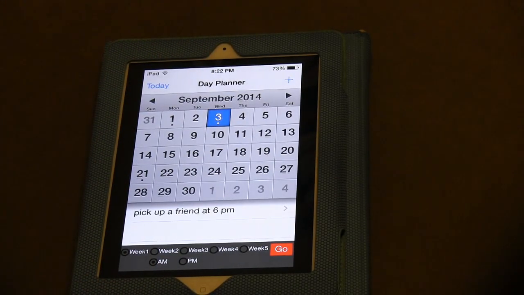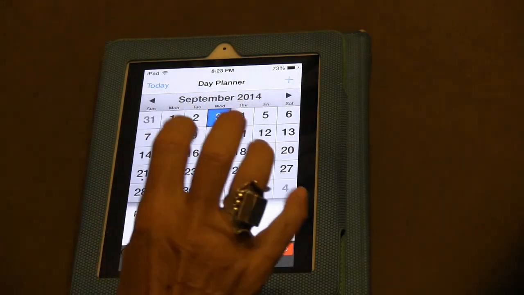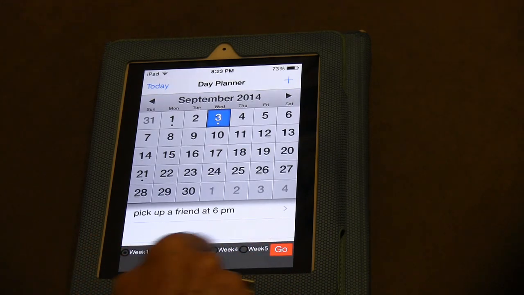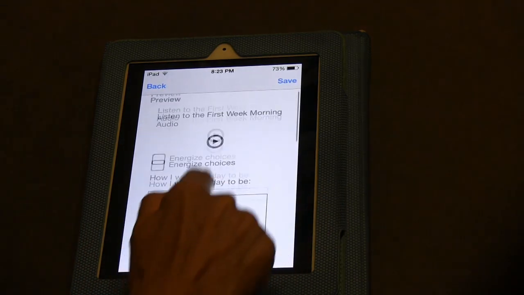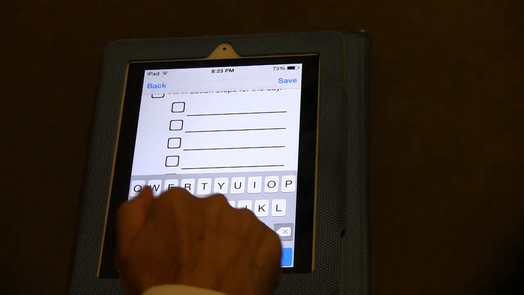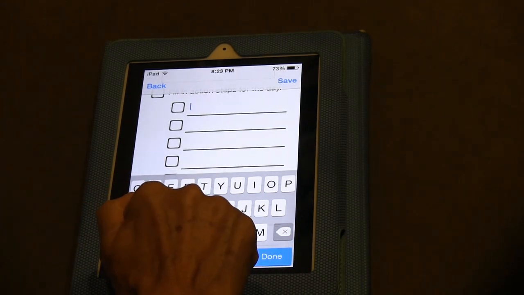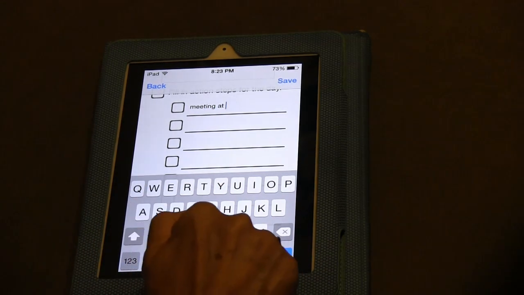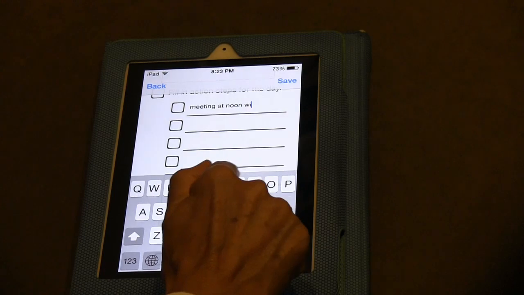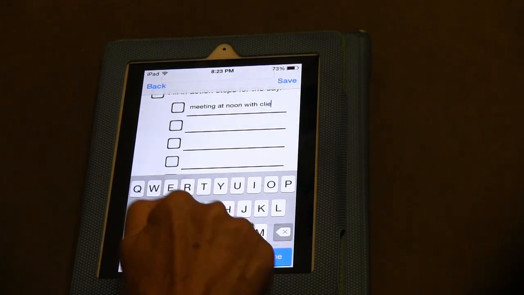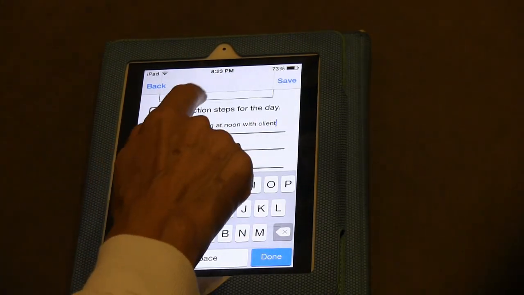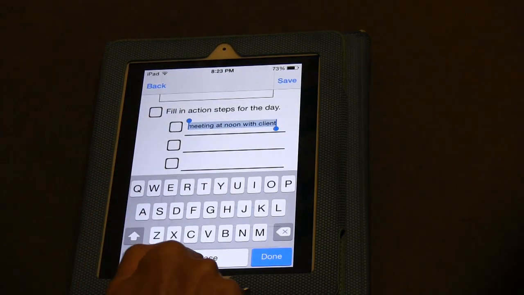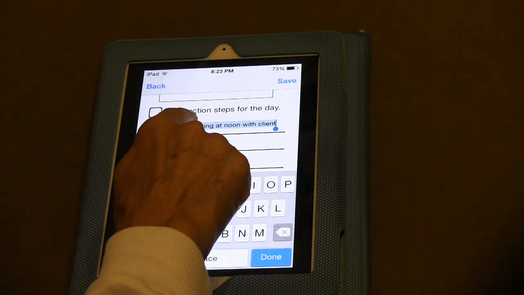Now let's go back and revisit how we enter things into the day planner. Let's say today on the 1 AM morning tape, I actually in my to-do list also had written down meeting at noon with client. Let's just say I would like to copy that into my day planner. I will copy this